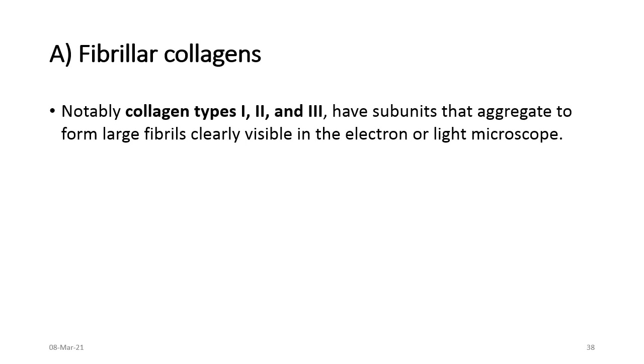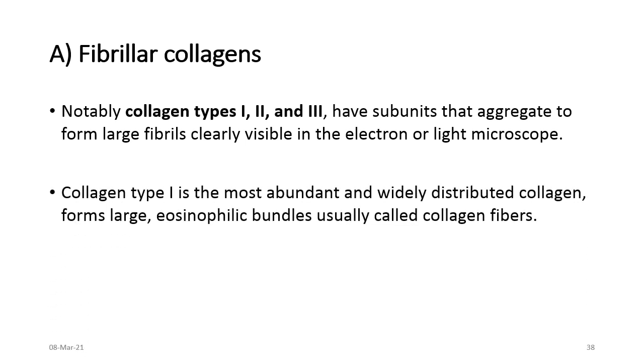subunits aggregate to form large fibrils. These large fibrils they are clearly visible in the electron of the light microscope. تمام. and collagen type 1 is the most abundant and widely distributed collagen. يعني type 1 ده كتير وموجود ومتوفر. forms large eosinophilic bundles بيعمل لنا large eosinophilic bundles اللي هي حزم بتتصدق باللون الأحمر و usually called collagen fibers